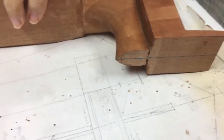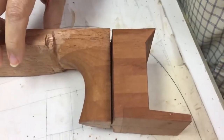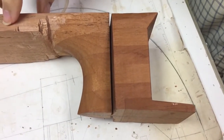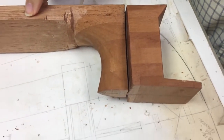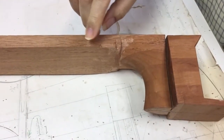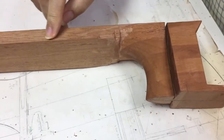Hello again. I've done a little bit more work on the heel and also the head. Now this was a neck sent to LMI by Manuel Adelaide factory in Valencia, Spain. This is not quite what I wanted, but I can make it work